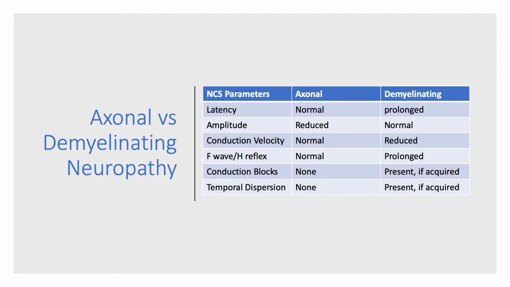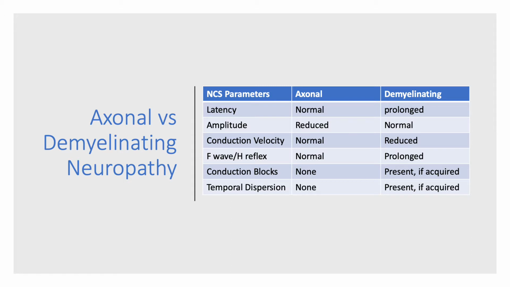As we know, in axonal neuropathy, we will have normal latency, reduced amplitude as amplitude decreases in axonal neuropathies, and conduction velocities and late responses are usually normal,